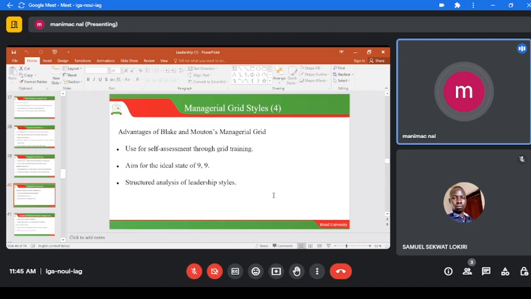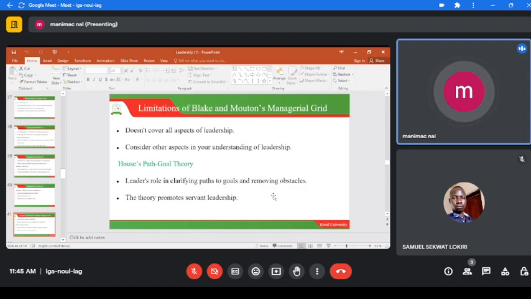Furthermore, what could be the advantages of this Blake and Mouton managerial grid? They are great tools for self-management or for self-assessment, whereby we expect that we need to thoroughly train the employees in this grid. And we also need to aim at the ideal of this grid, where we expect that there has to be a state of 9 to 9. And also the structured analysis of leadership style is needed in this kind of grid, because we believe that it is very important to have a structured analysis of style, how you're going to motivate, how you're going to lead the members, because it is quite